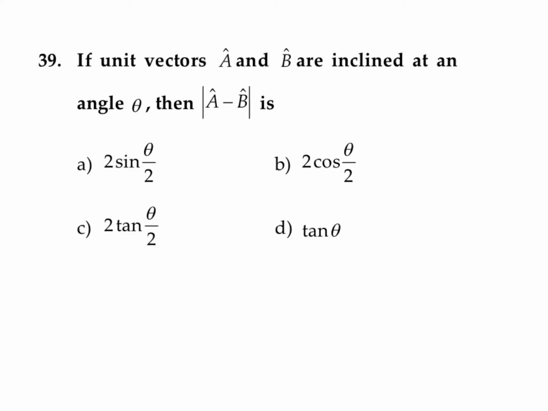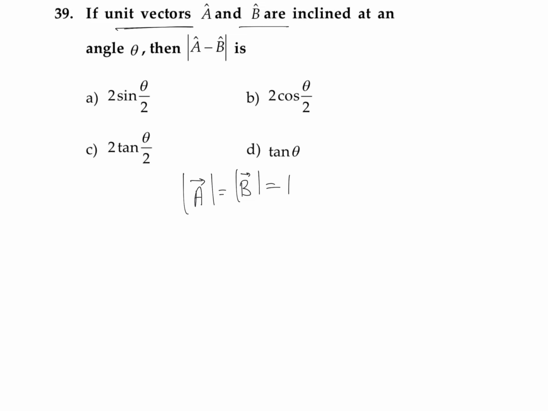If unit vectors A and B are inclined at an angle theta, what is the magnitude of A minus B? So over here you can observe that A vector and B vector are unit vectors. That means the magnitude of A vector or A cap is equal to the magnitude of B cap, that is equal to 1. So you might be remembering that when two vectors are the same, the equation for their subtraction is nothing